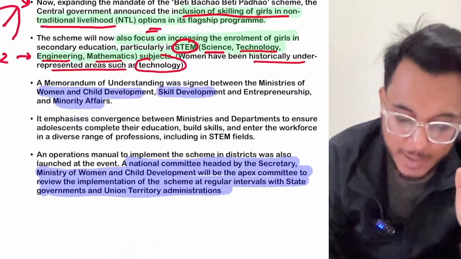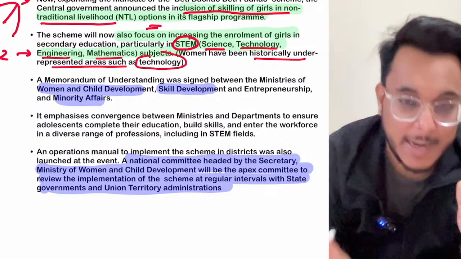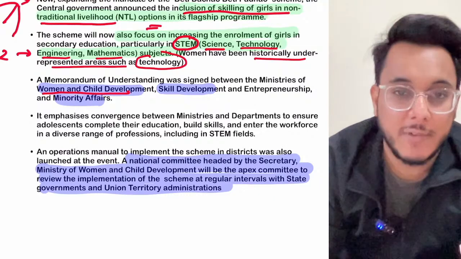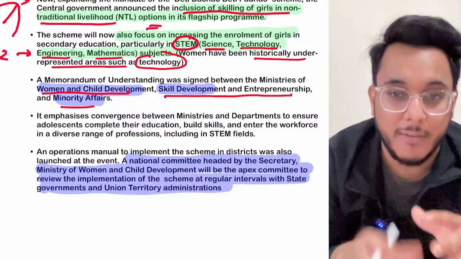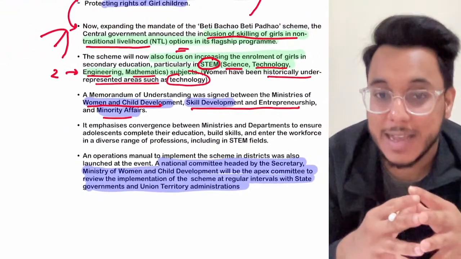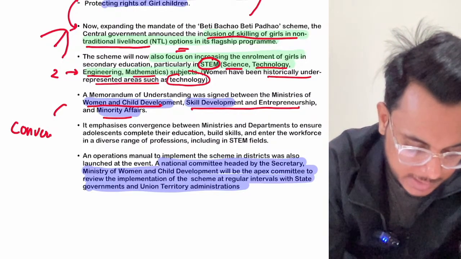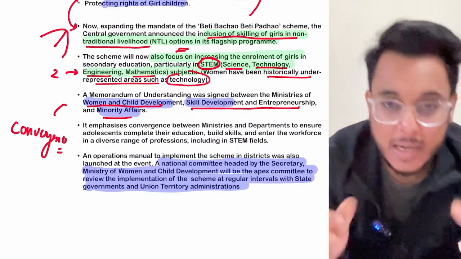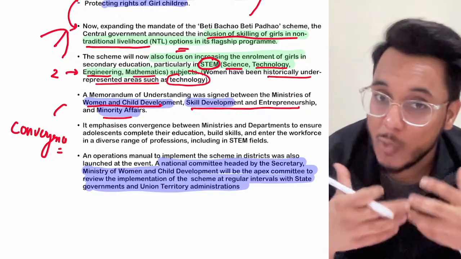Now, in this particular direction, to increase their enrollment into the STEM, a memorandum of understanding has been signed between the Ministry of Women and Child Development, Ministry of Skill Development and Entrepreneurship, and the Ministry of Minority Affairs. Now, we call this as a convergence. Now, what is convergence? Convergence is when the multiple departments, multiple ministries are coming together to fulfill one particular kind